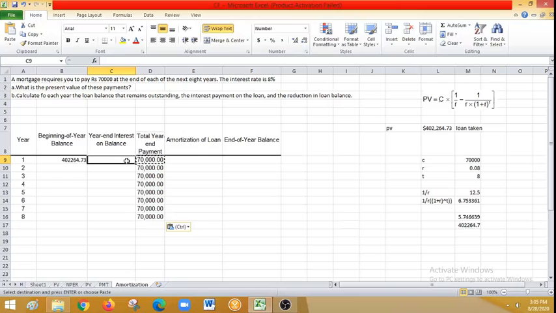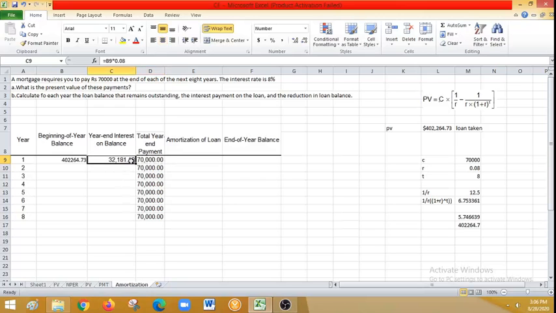Fine. So what is the interest rate? The interest rate is 0.08. So the beginning year balance, 4,02,264, multiplied by the rate of interest. This provides us what is the interest paid on that year. Okay. So 70,000 is paid. Of that 70,000, the interest component alone is